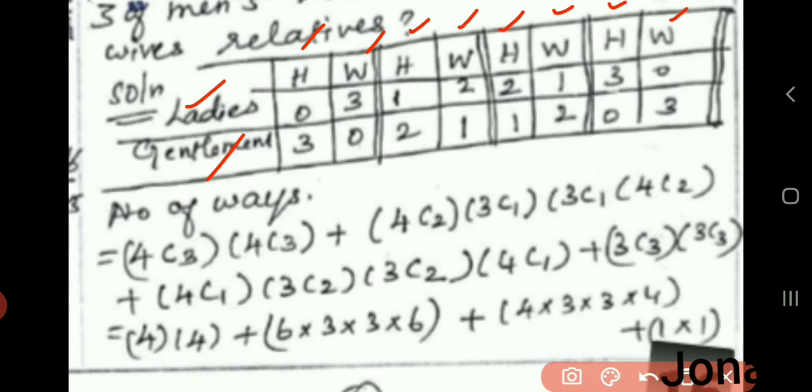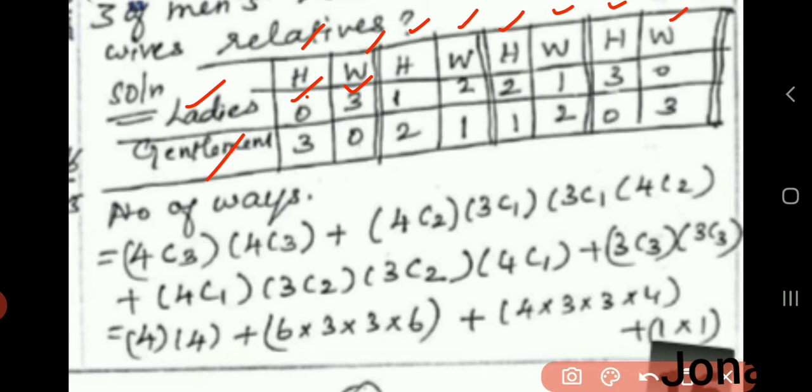Totally we have to invite 3 ladies and 3 gentlemen, isn't it? Totally we must have 3 only there. Let me start with the ladies. If you select 3 ladies from wife's relative, then we can have 0 ladies from husband's relatives.